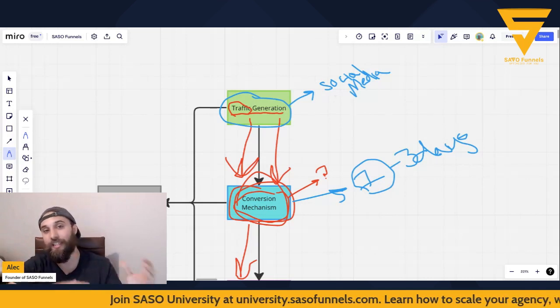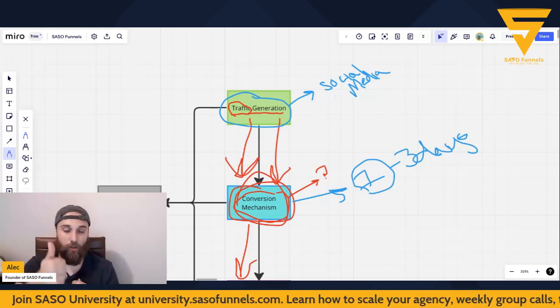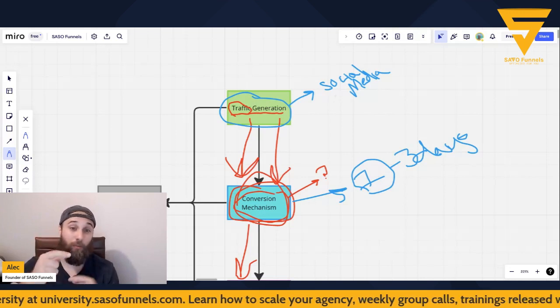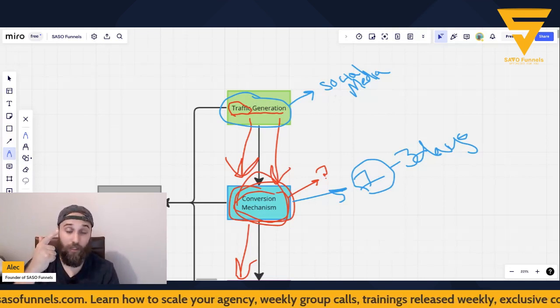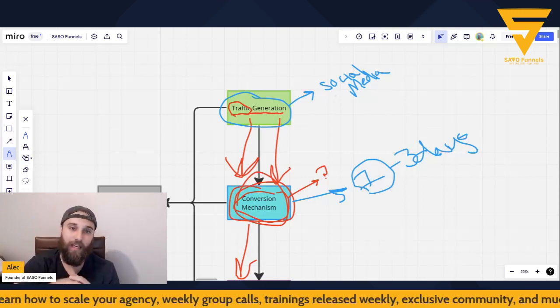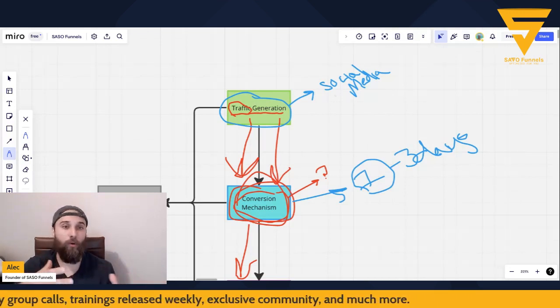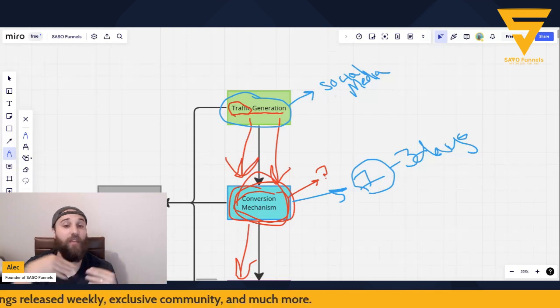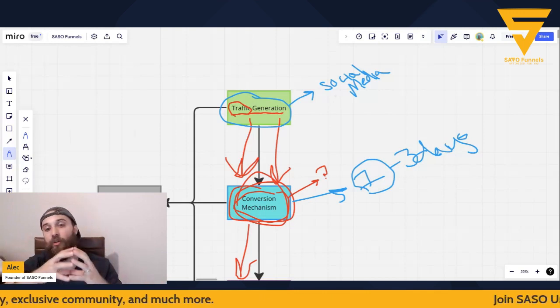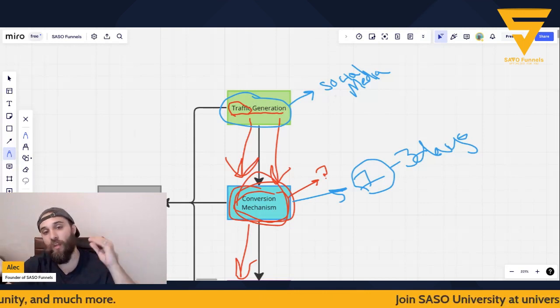So you're essentially getting a social media follower, which is going to build your social proof. You might be able to retarget them with more social media content for free because they're following you. And you're making content that's going to resonate with other people who are already following or other people who are browsing your account and now they might follow. So essentially, you can do what I call the ultimate downsell. They don't want to work with you.